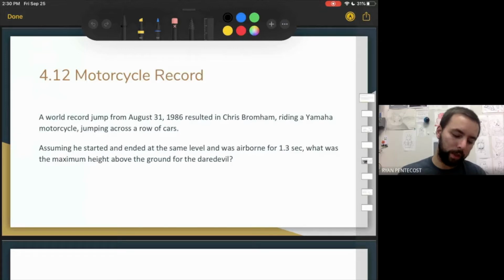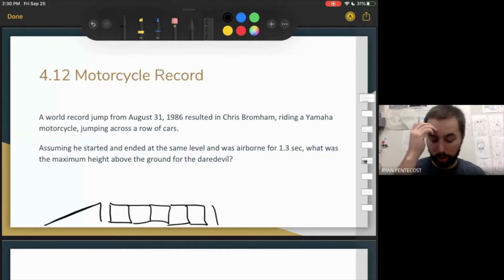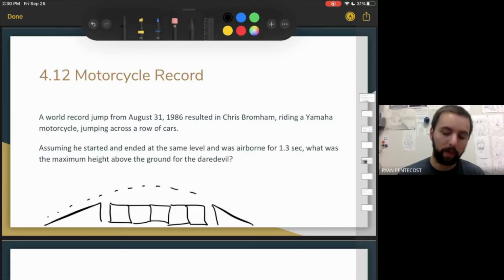So let's say he's got this ramp, right? And then we've got car, car, car, car, car, and then ramp, right? And he's going to jump over like that. It's usually how these stunts work. Now,